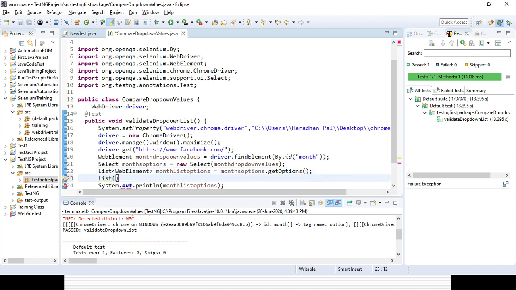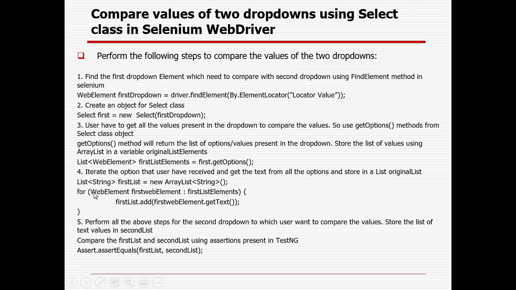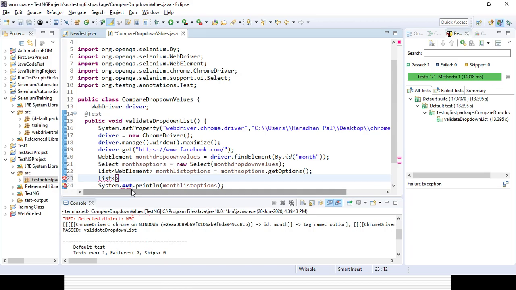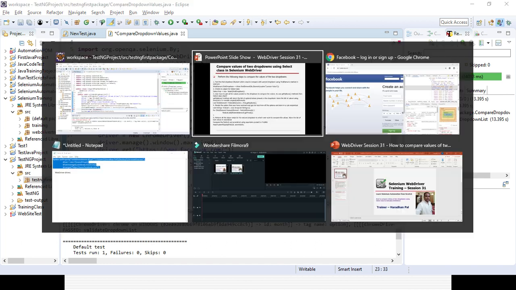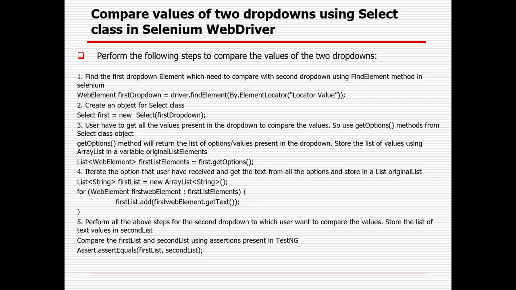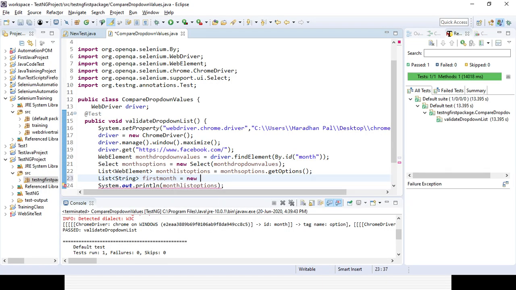List, and I'm obviously giving String, first month. I'm giving the name equal to new ArrayList, and you need to provide the String.